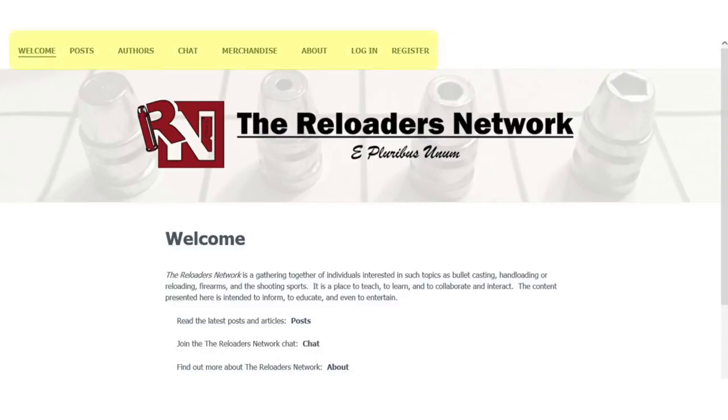At the very top of the page is the navigation menu. You can get back to this Welcome page at any time by selecting the Welcome link in the menu. The Welcome page states that the Reloaders Network is a gathering together of individuals that are interested in bullet casting, reloading, firearms, and/or shooting sports. It's a place to teach, to learn, to collaborate, and interact, and the content is presented to inform, educate, and